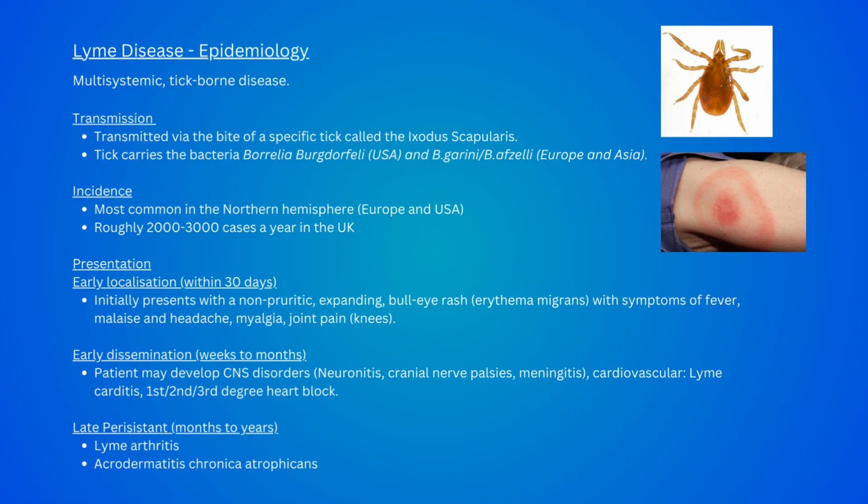The presentation is taken in three stages. So, the early localization. So, this typically happens within the first month of being bit by the tick. So, there's an incubation period of roughly 30 days. So, the first most prominent presentation will be erythema migrans, which you can see from the picture of the circular rash. This is typically non-pruritic, so non-itchy, and tends to expand and forms a bullseye kind of appearance,